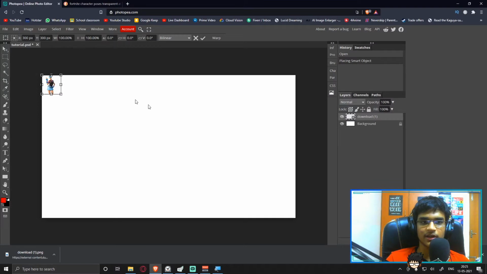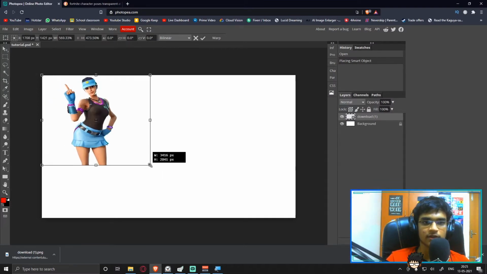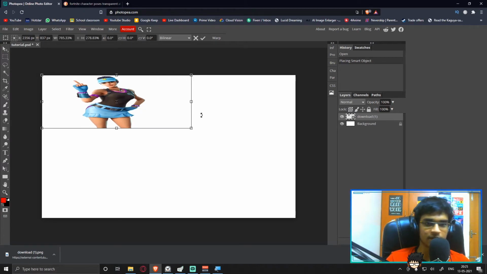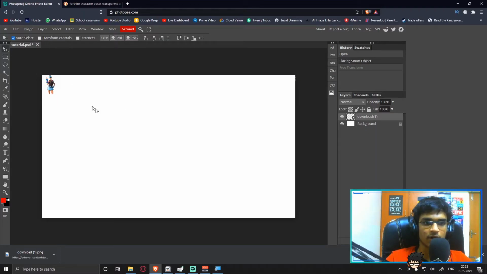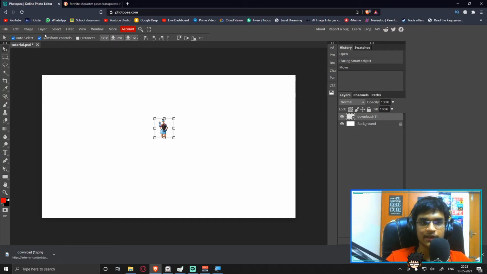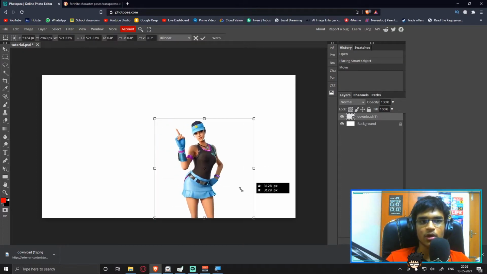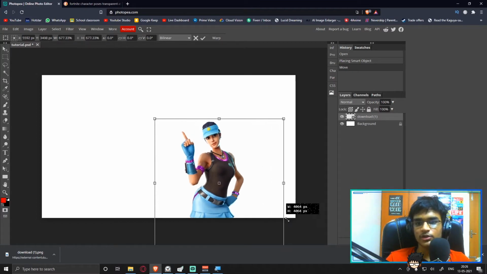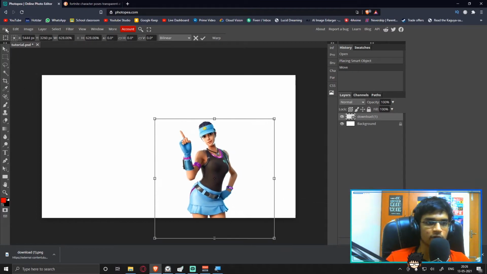In this case, it's right here, and you can see that if you move it, the aspect ratio is not being maintained. So let's just X out of that. Let's click on our character here. Now go to transform controls. Once you click that button, you'll be seeing something like this. Press the shift button and then drag it properly. When you hold down shift, the aspect ratio will be maintained. Keep that in mind. It used to be the same for Photoshop, but nowadays Photoshop doesn't follow that.